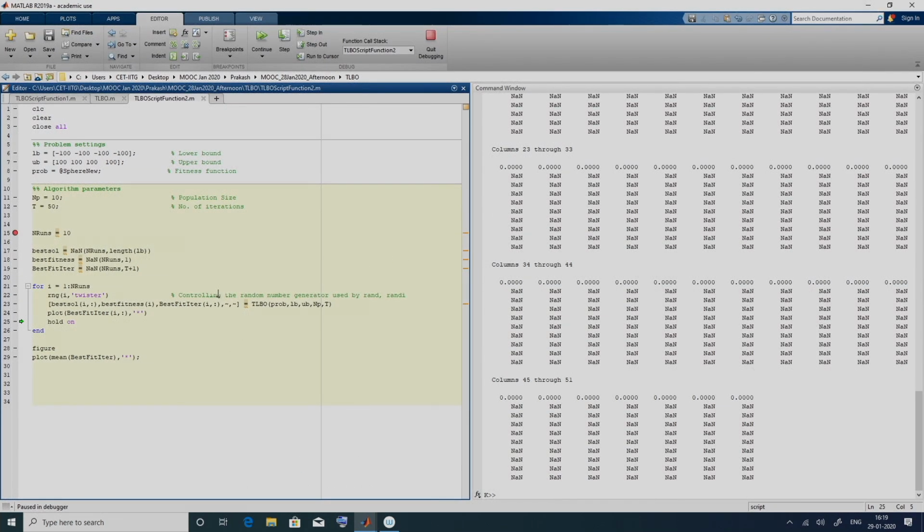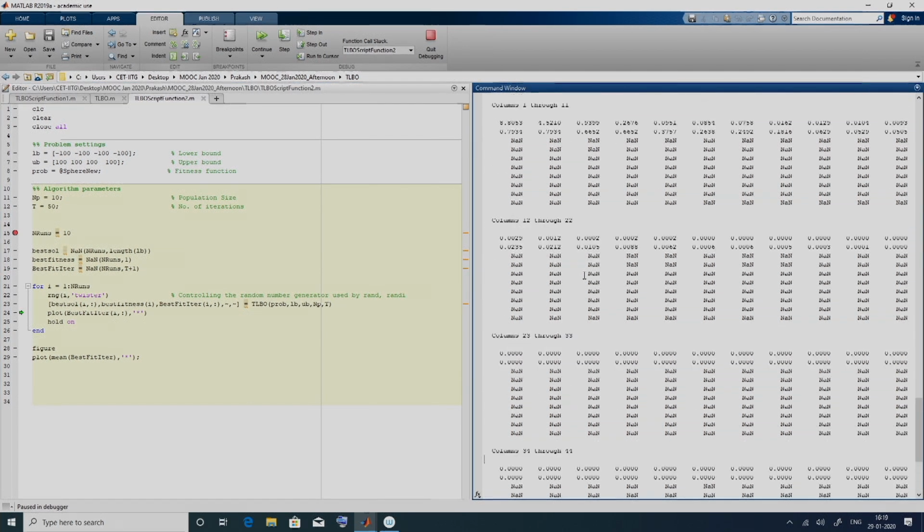Similarly, we can proceed for the second run. The second run we want to plot on the same plot, that is why we have hold on. I want the values of the first one to remain and I want to plot the values of the second run. So, if we do this step, now it is i is equal to 2. When the 22nd line is executed, it will reset the random number generator with a seed of 2. Right. So, again if we do step.